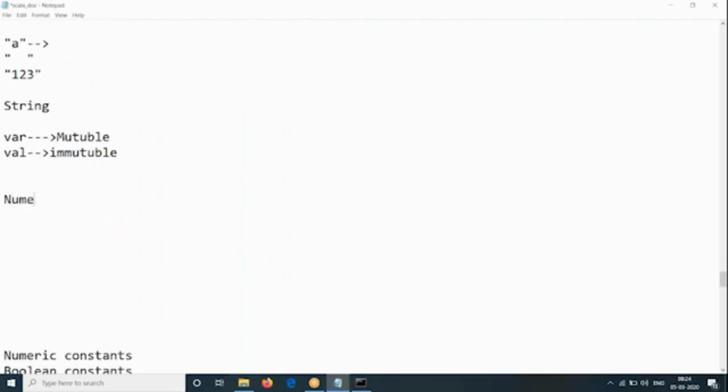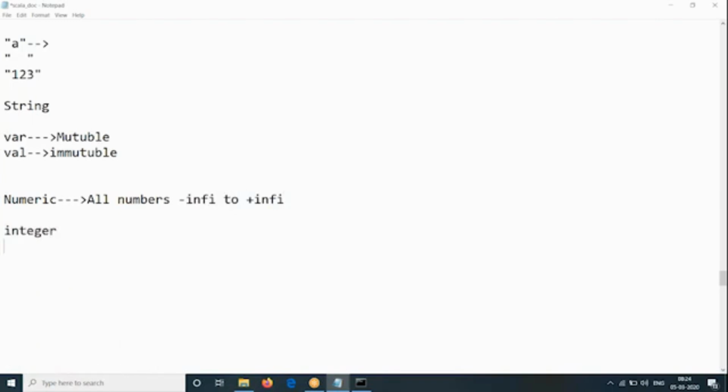Now numeric. Let me close it quickly. Usually all numbers from minus infinity to plus infinity are numeric. All numbers minus infinity to plus infinity are what? Numbers. And we have two types of numbers here. One is integer, the second one is decimal. Integer means number without fraction,